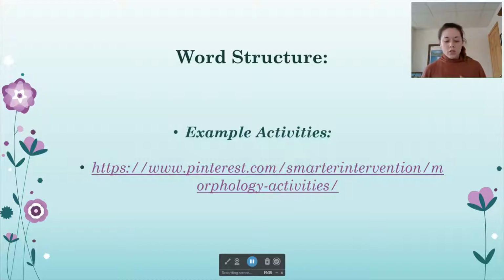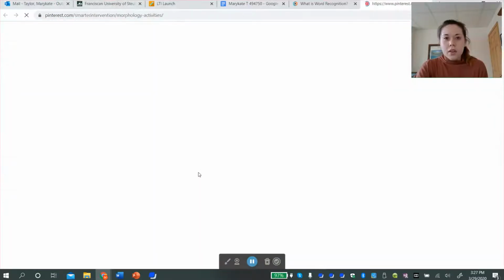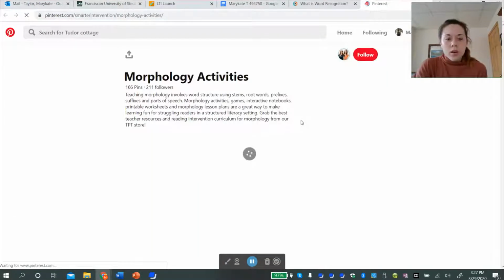So for example, when a teacher tells children about prefixes, they'll be able to recognize the meaning and usage of un in words like undo or unbutton. So when they know what un means, they're going to be able to figure out when you put un in front of a word what that is doing to that word. So that is kind of what word structure is about in teaching, using different strategies that have to do with word structure. And instead of making a slide to list different activities, I thought I'd show you through Pinterest